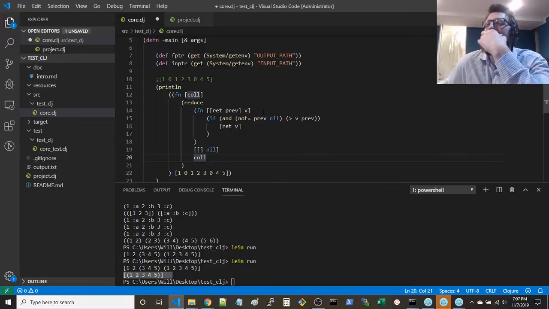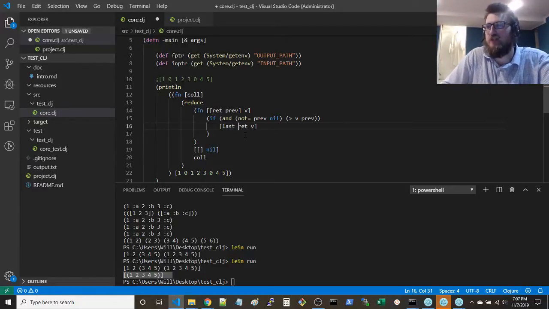So if we're not nil and we're also larger than the previous value, then what we're going to do to ret is take the last value of ret, which is going to be an array. So actually this is going to be an array of arrays. So we start initially with an empty array. Take that last value of ret, and we're going to